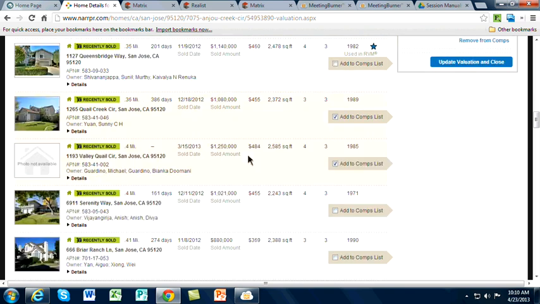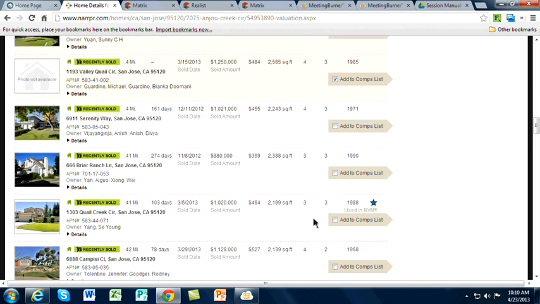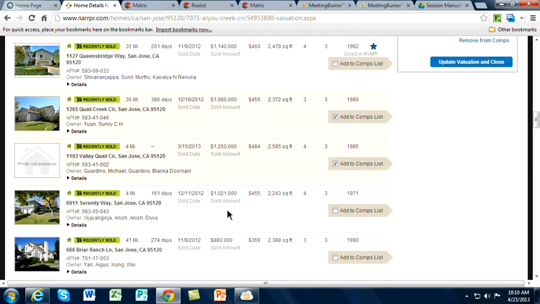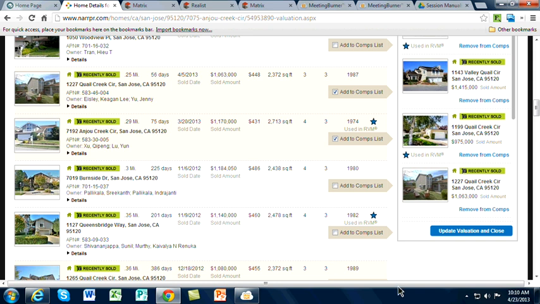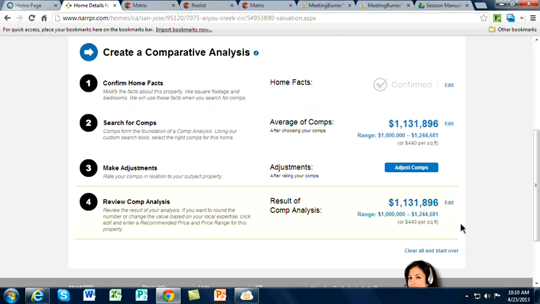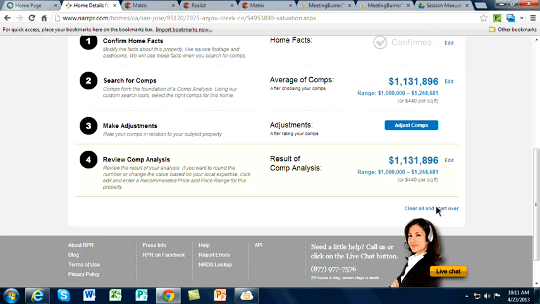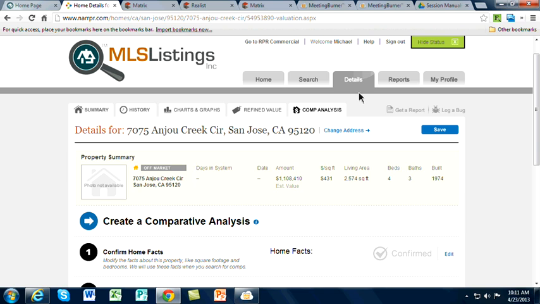Right? Now, I don't have to give them this number, but what I want is, let's say Valley Quail Circle, if I add that, let's say I'm going to do all of the creek circles, right? How about that? I'm just going to do creek circles, Quail Creek Circle. Ooh, that's a Quail Creek Circle, Campisi, forget that. All right, so now I've got a bunch of comps and update valuation and close. If I click on this, now we're up to 1,131,000. Right? Based upon this,